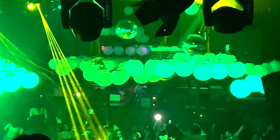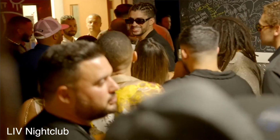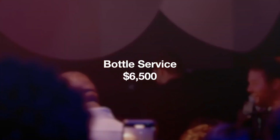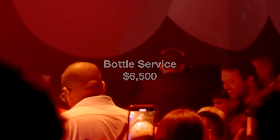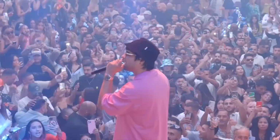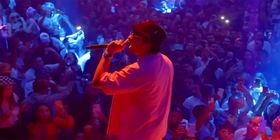We also invited him out to our next event, which was Bad Bunny's after party at Live Miami. Here at Bad Bunny's after party at Live Miami, we spent a whopping total of $6,500 on bottle service this night. Saying that out loud kind of makes me angry. Now, the original price for this bottle service package was around $3,900, which unfortunately went higher and higher because we kept upgrading stuff. My friend ordered another bottle,